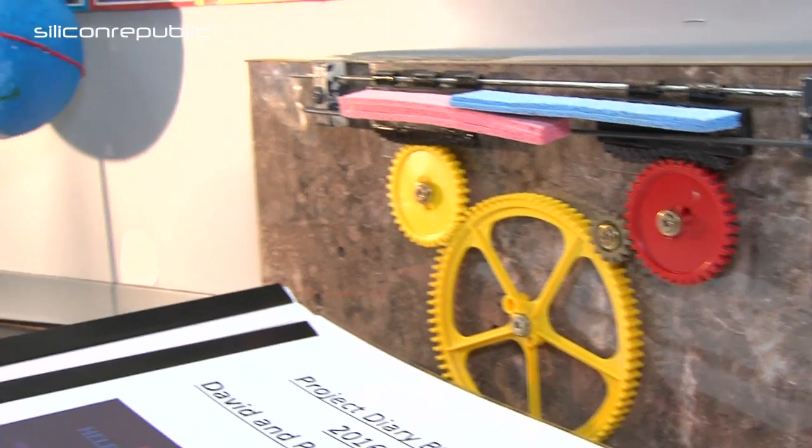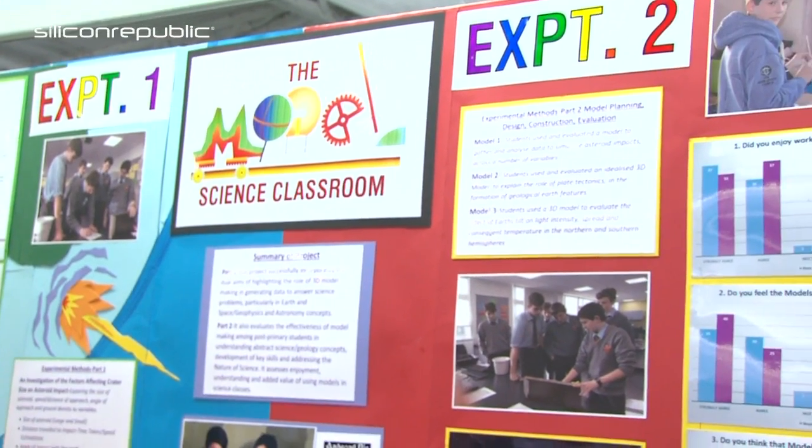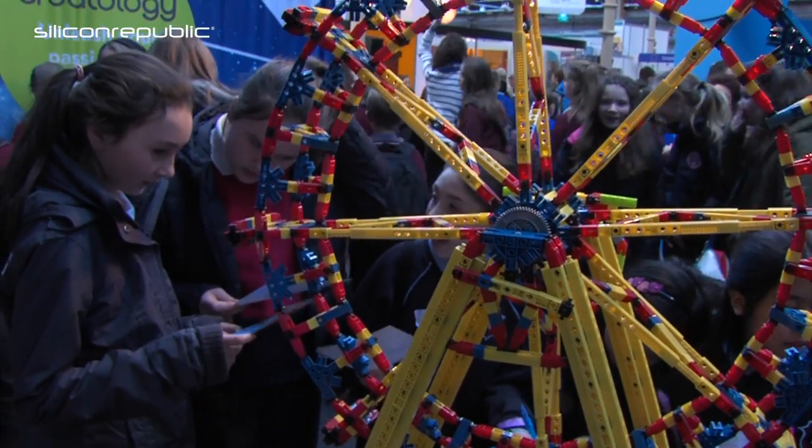Part of our experiment was bringing the models into schools to see how students reacted and how they felt about using models for abstract concepts. And our results show that an overwhelming majority of students enjoyed using the models, and even more wanted to build the models themselves and bring them as a project in TY or a module in other years in the school year. It could be used for a 3D printer, but we think the best part of the experiment was building and developing the models, the students by themselves, so that they see and understand the concept as they progress through